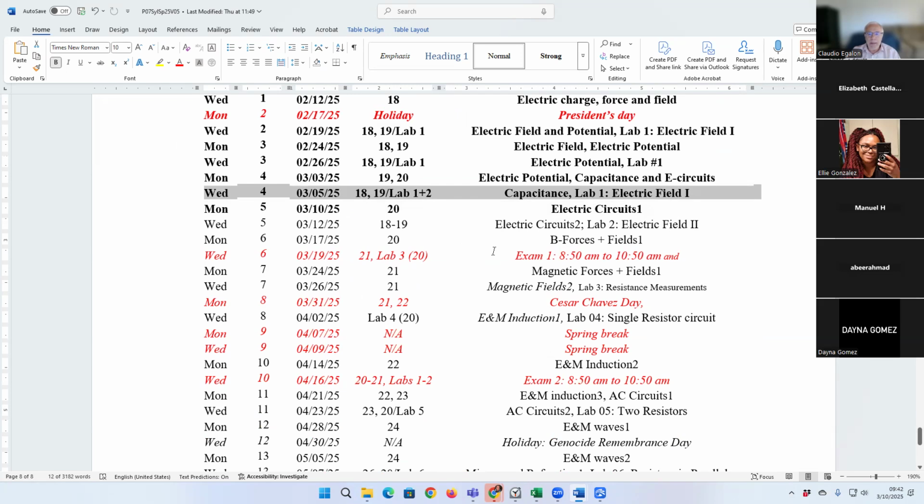Chapter 19 covered electric potential, and also it covered capacitance. And now what we're going to do, we're going to start on electric circuits. It's a very important topic